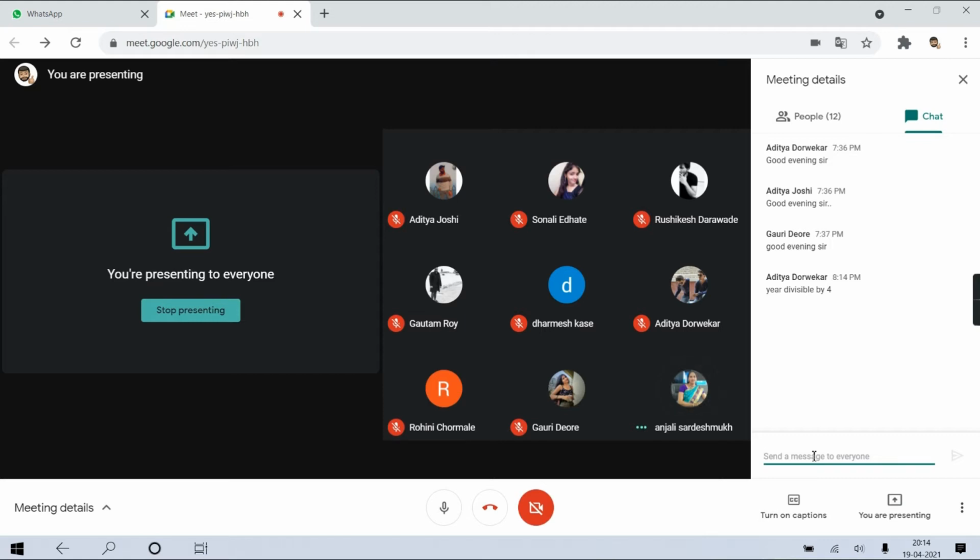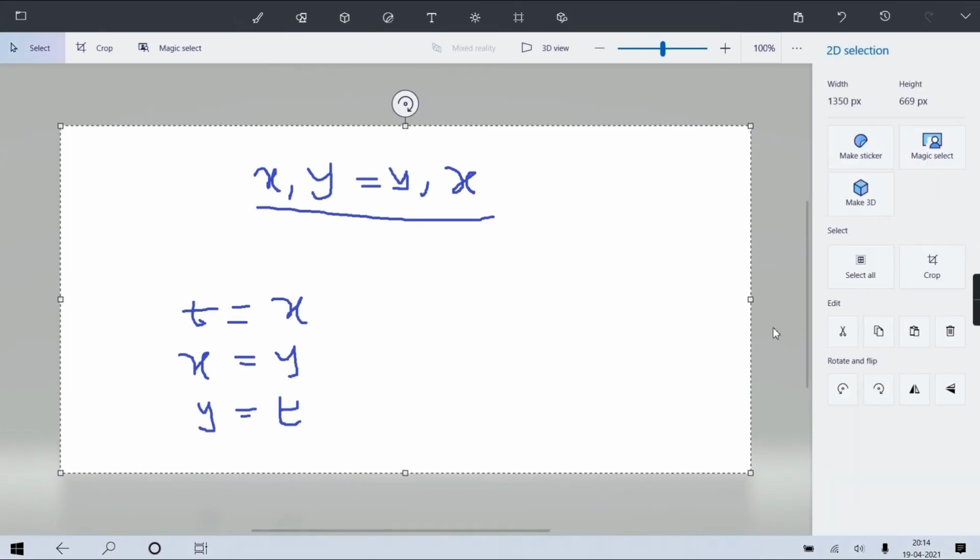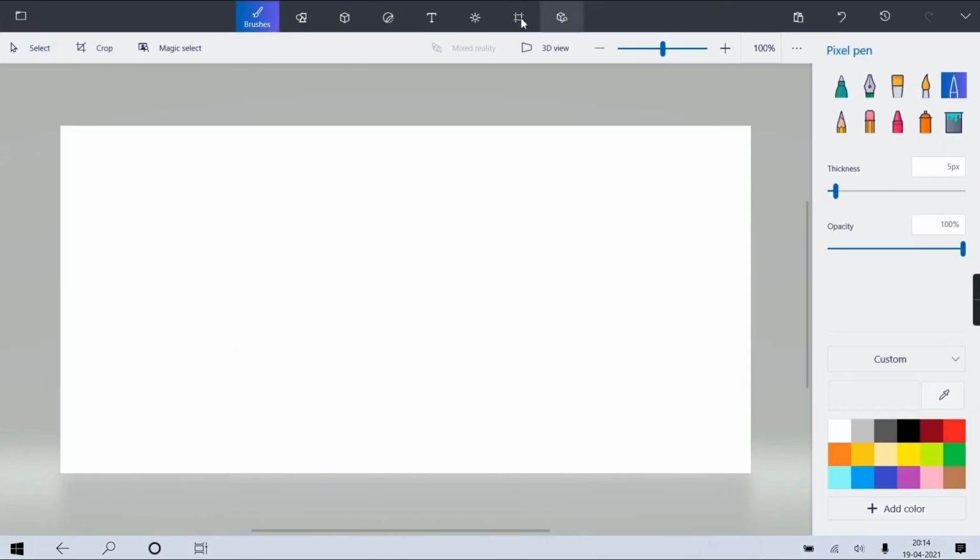If it is divisible by 4. Yes. Only that is the criteria? No, actually it has some more complex criteria. I'll tell you. Okay? That one, divisible by 4, is there, but at the same time it should not be divisible by 100. Whatever that year is, it is divisible by 4, but at the same time it should not be divisible by 100.